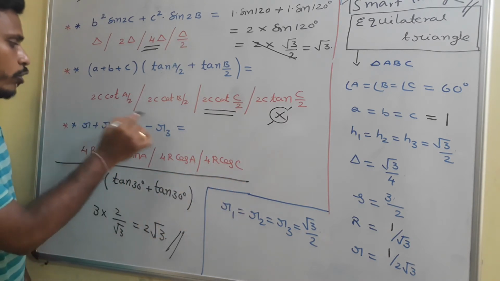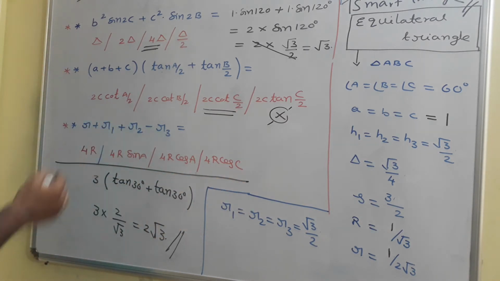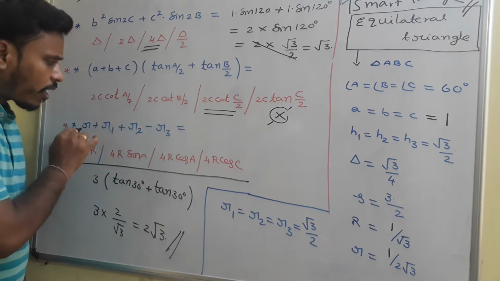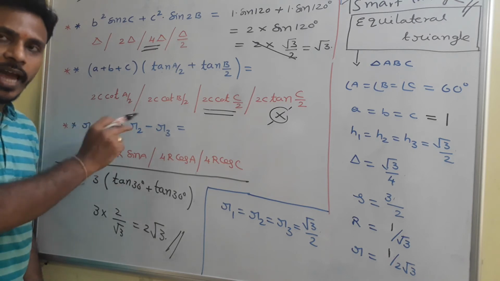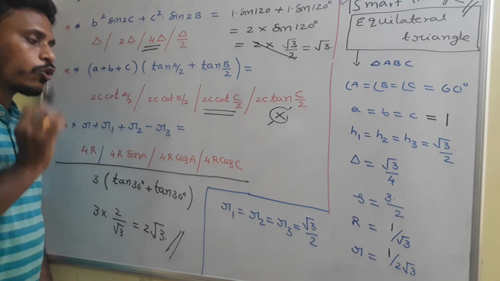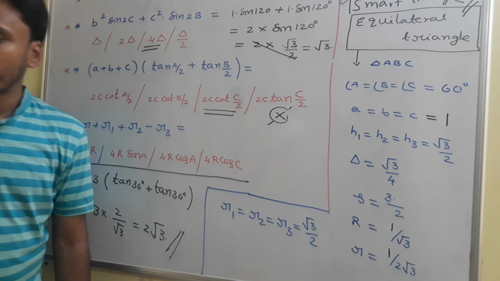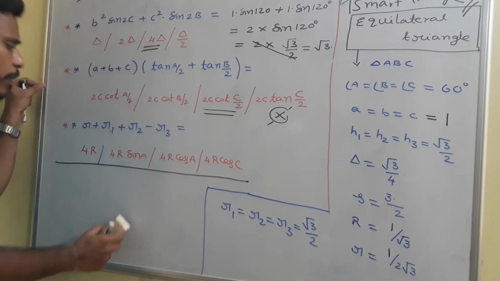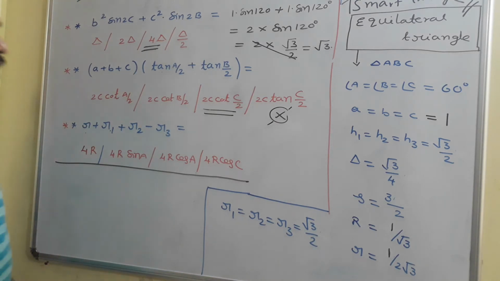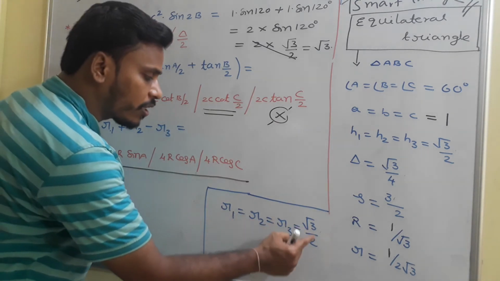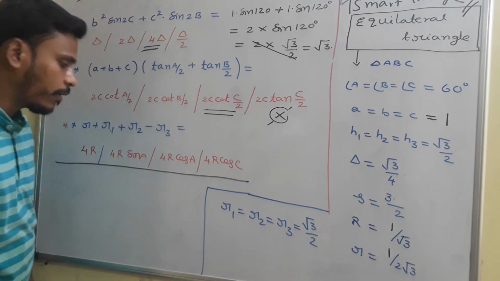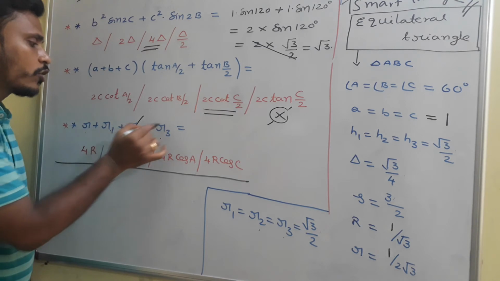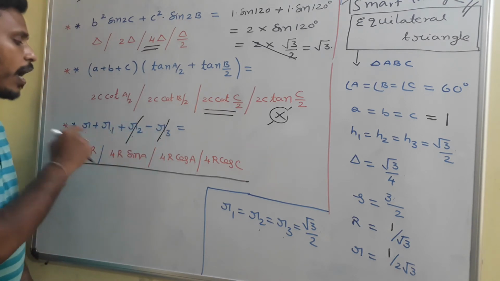Now we need to think again about this particular problem. The last one again, R plus R1 plus R2 minus R3. So already we know the way of solving this. This is a standard formula also. But now I am going to solve this using the smart triangle concept. So how to use our smart triangle concept? We need to replace the values. We know that R1 plus R2 plus R3 is equal to root 3 by 2 in the smart triangle. So this R2 and R3 are equal as per that smart triangle. So these two get cancelled. Then you are left with R plus R1.